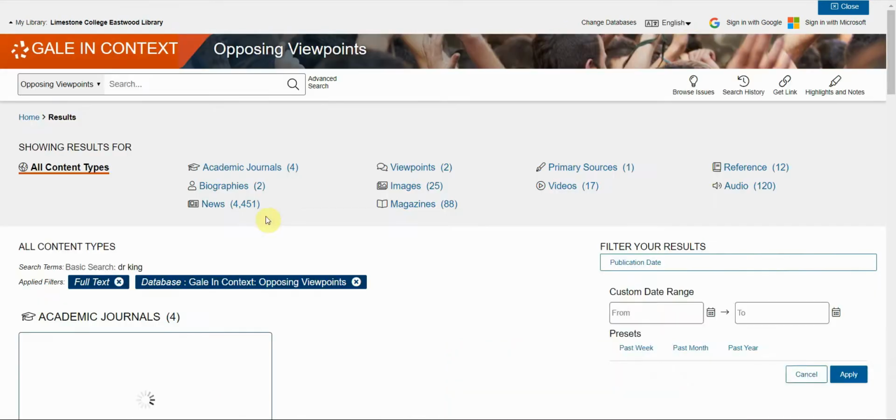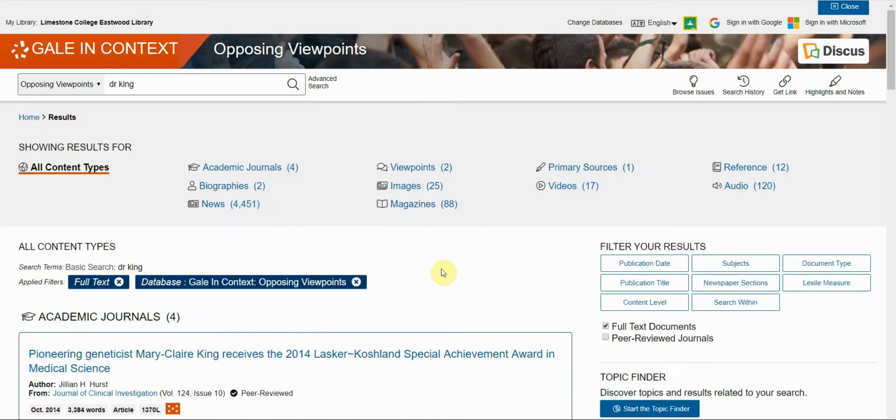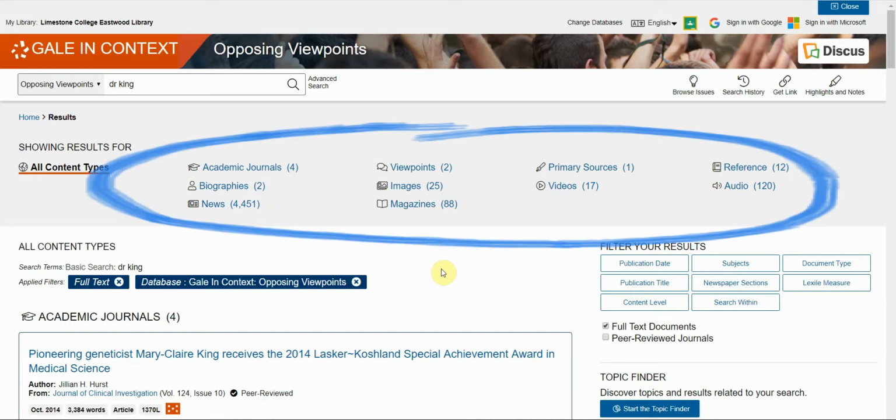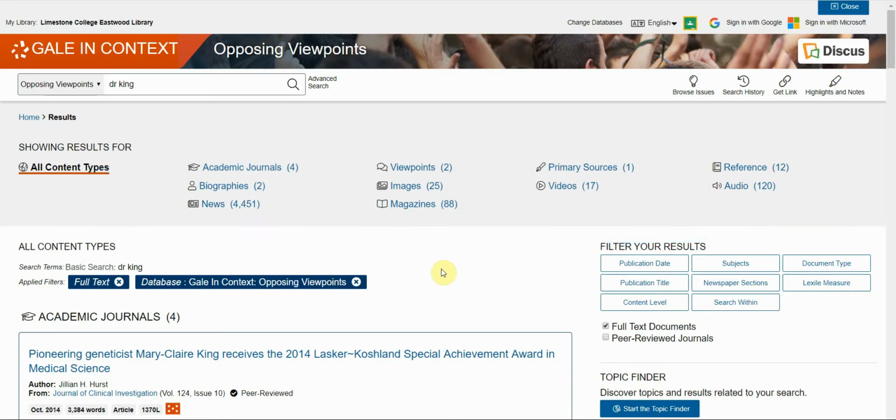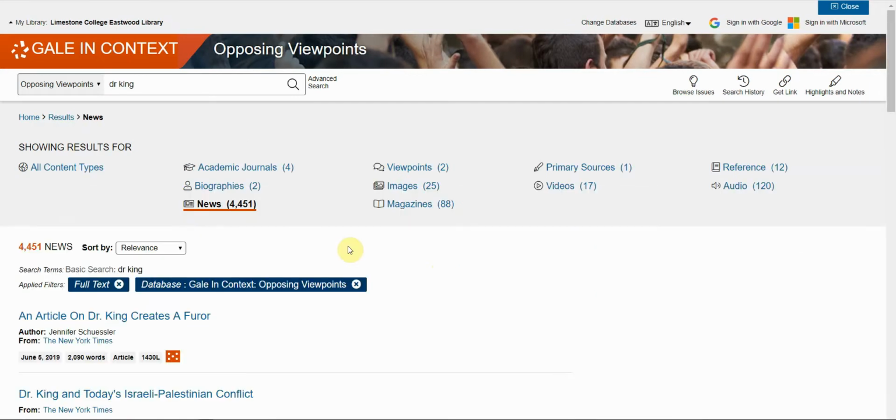So I'm going to search for Dr. King. And these are all of the source types that are available to review. You will notice that there are academic journal articles, there are many news publications, magazines, images, and so on. For today's example, I'm going to click on News so that you can learn how to limit your search results